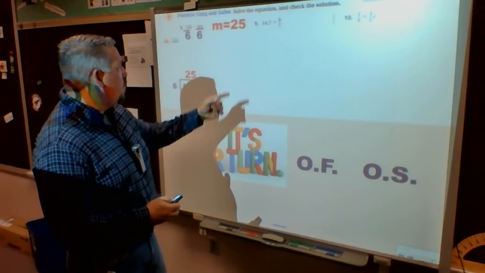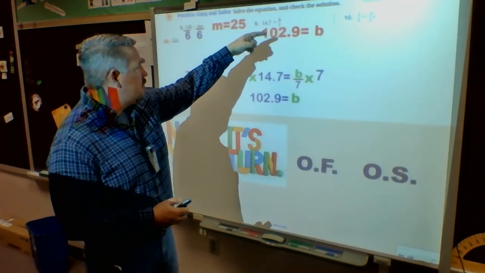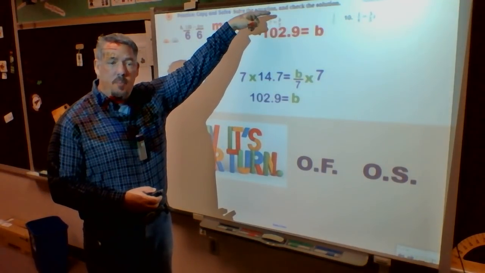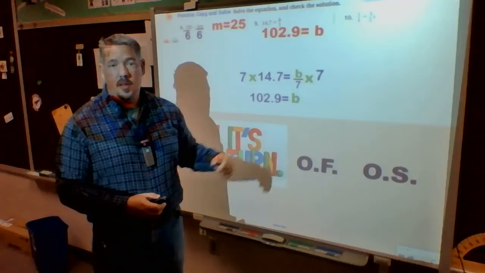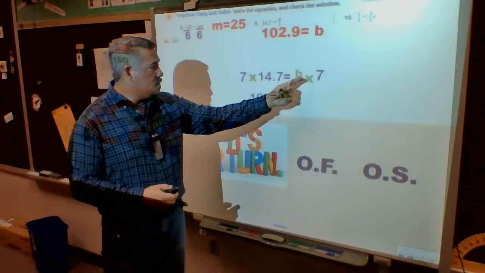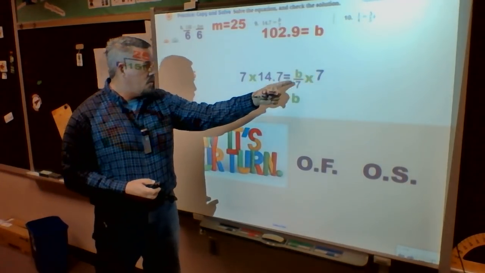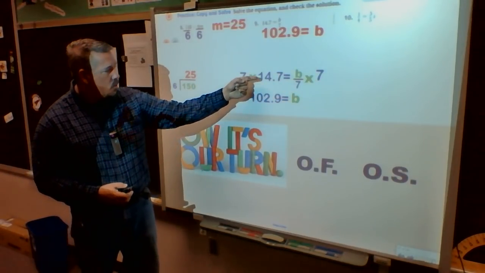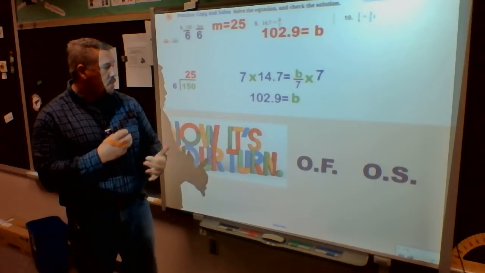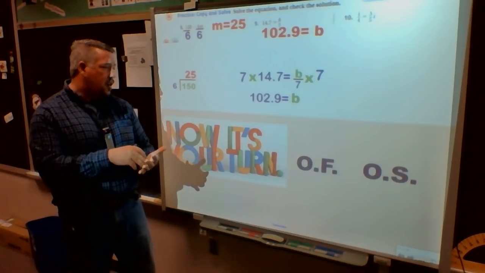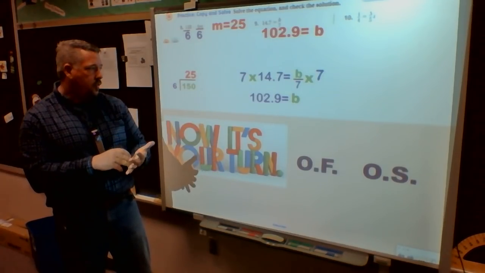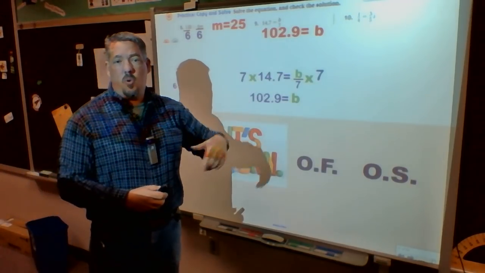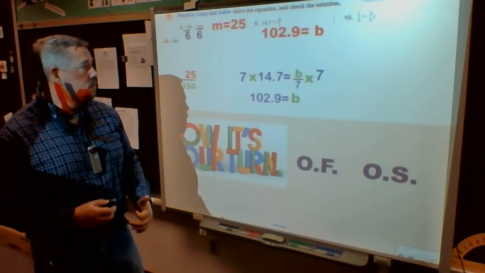Number 9, then, we have 14.7 equals B divided by 7. You have to get B by itself. The only way I can get B by itself is by multiplying. That's the opposite function. When I multiply by the 7 then, that would cancel those out. And then I would do it on the opposite side. 7 times 14.7. You can stack them and multiply. Enter it into your handy dandy calculator. 14.7 times 7, you get 102.9. So I know B is 102 and 9/10.